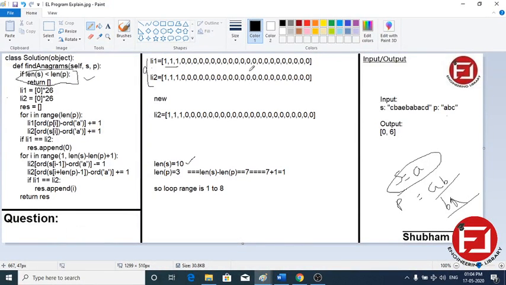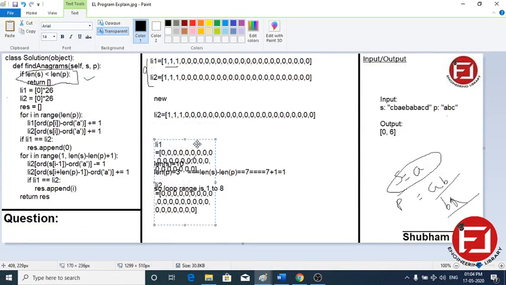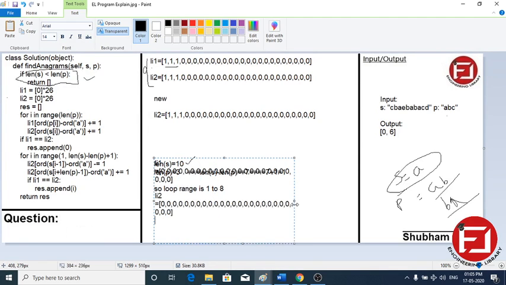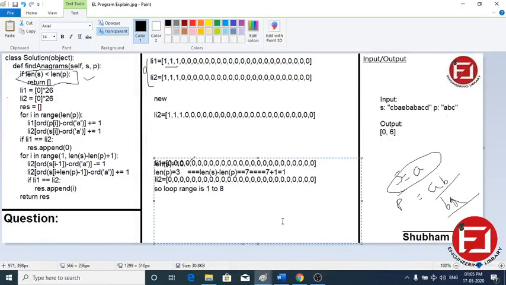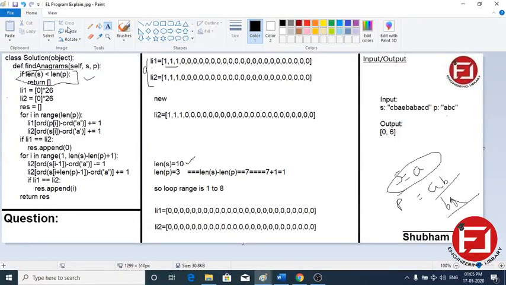Initially the two lists are like this, initialized with all 0.